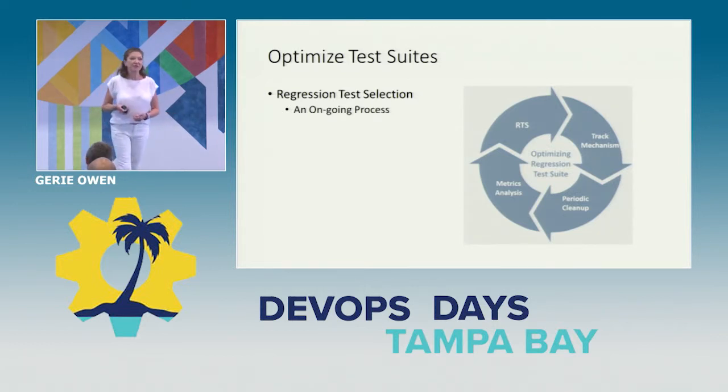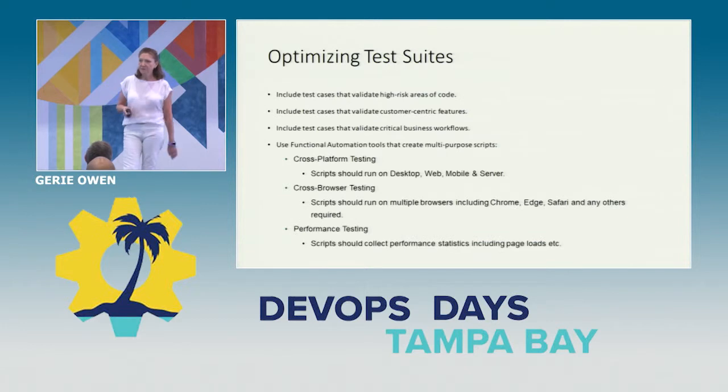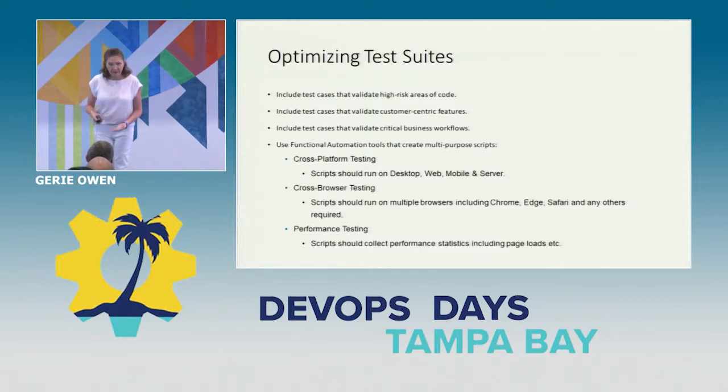And you can use metrics to determine which tests are really the ones that are working for you, the ones that are most important. So then when you put together your test suites, again, you're selecting the ones that are most high risk. You have to include all of the customer-centric ones because those are the business risk. You need to look at your functional